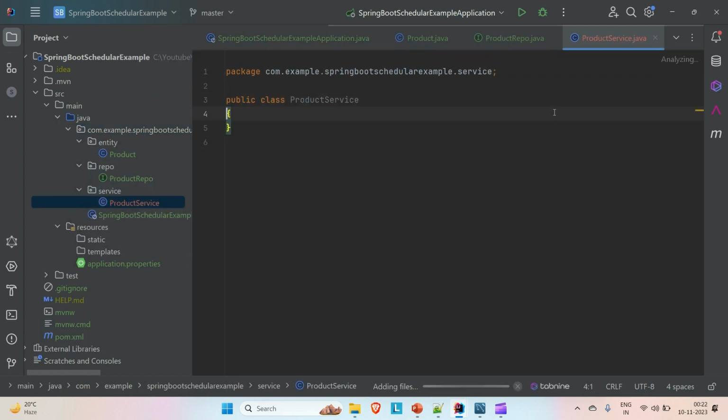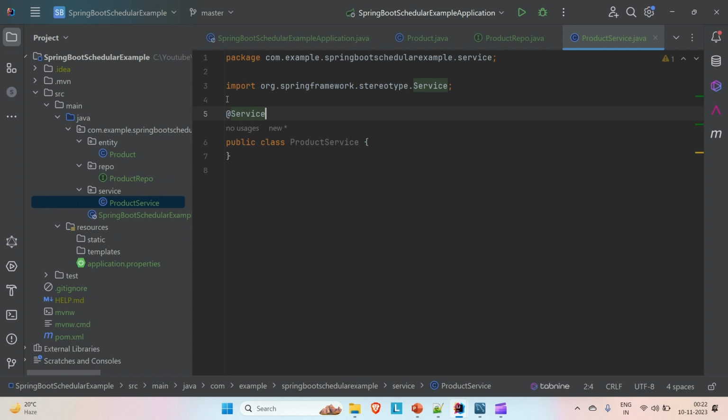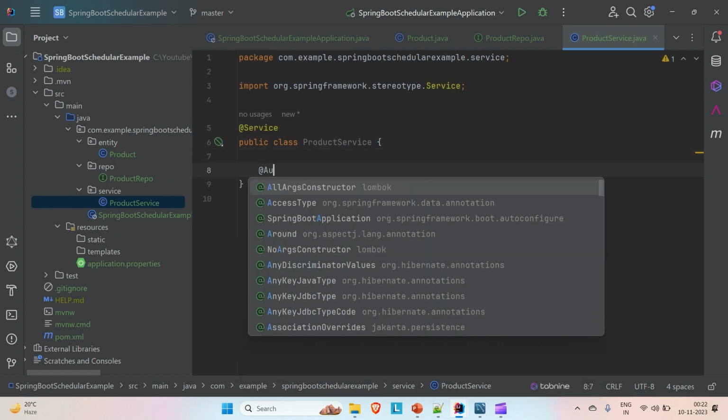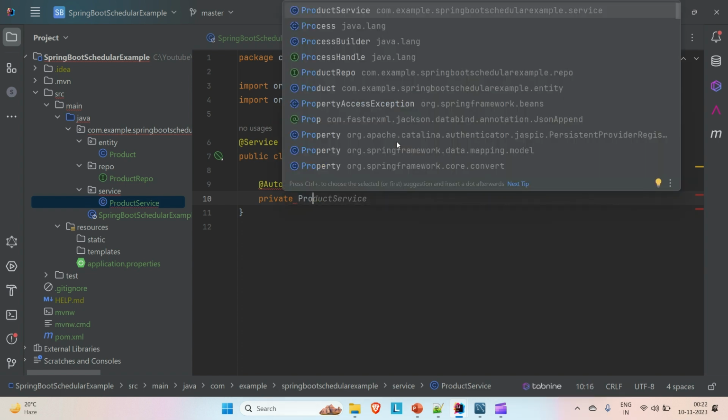And add this. We are good. Now annotate this class with @Service annotation. Okay, now here first of all let me auto add the repository here so that we can call the JPA provided methods. So product repo,